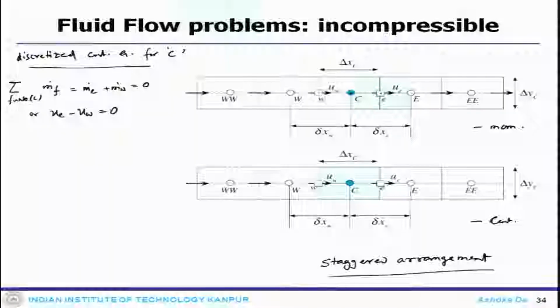You do not need to do any interpolation, as I have stored the components at the cell faces; you do not require to interpolate anything here.